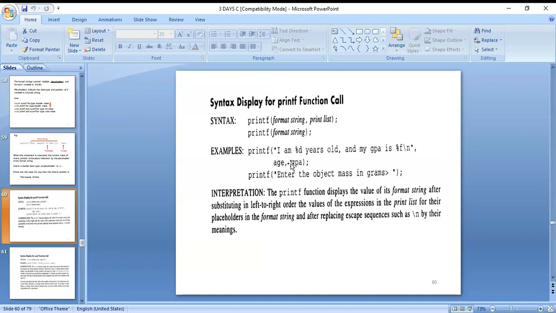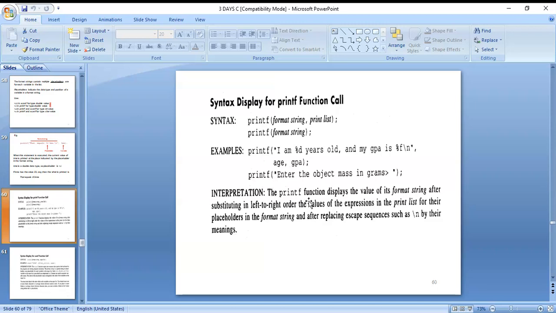Example printf: I am, suppose, %d years old. Years is for printing purpose, and %d is the placeholder for age, and my GPA is %f, that is a floating point value, and age is an integer value.